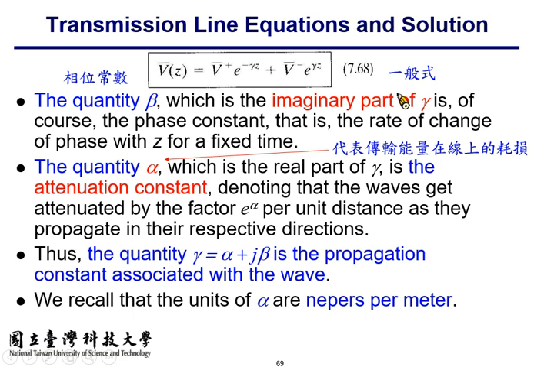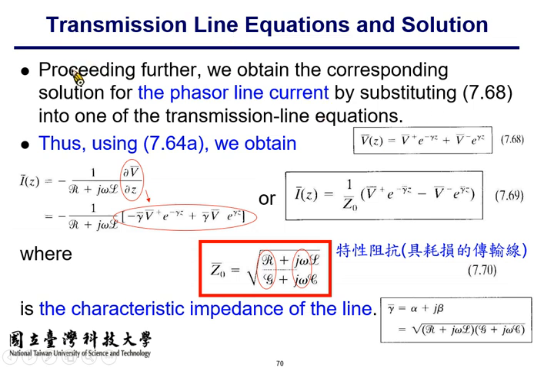And the unit for alpha can be nepers per meter or nepers per wavelength. So the unit of alpha is not fixed; sometimes it is the attenuation per wavelength, or the attenuation per actual distance. If you write nepers per meter, it is the signal attenuation over actual distance. But sometimes it is written as nepers per wavelength. So proceeding further, we obtain the corresponding solution for the phasor line currents by substituting equation 7.60a